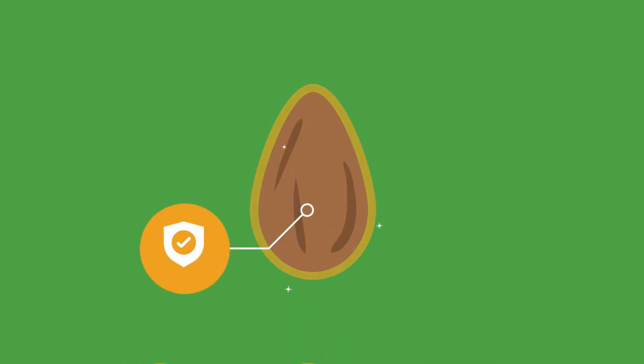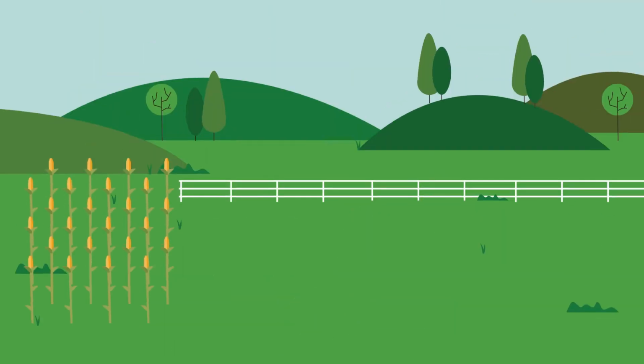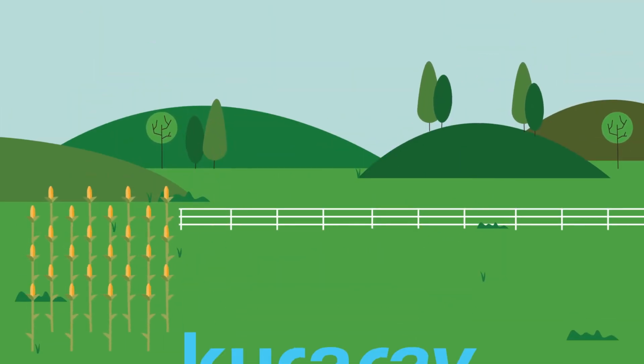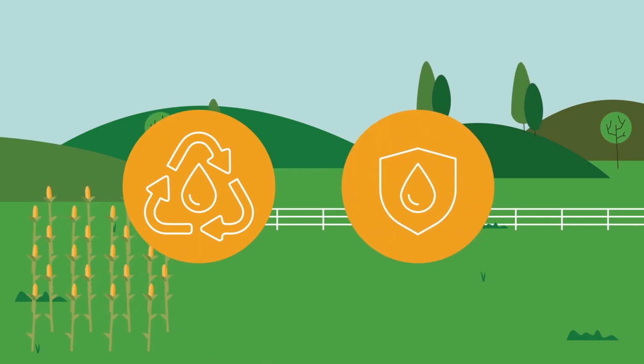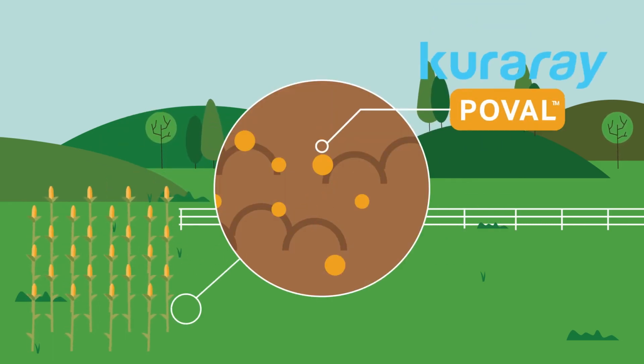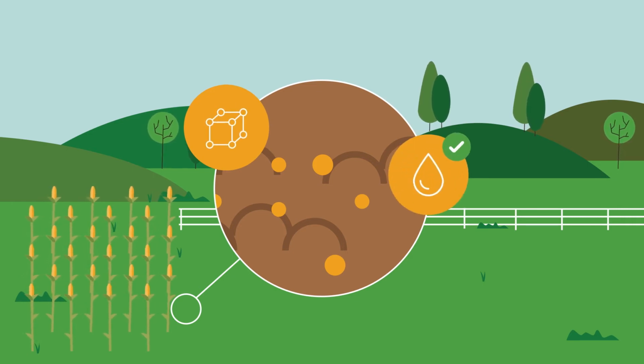These coatings also protect the seeds from damage during handling, improve planting precision, and reduce dust. Out in the field, Kuraray Poval spray additives improve rain resistance for agrochemicals and reduce wash-off due to rain and other environmental influences. And when added to the soil, Kuraray Poval promotes better crumb structure, improving draining properties and fertilizer